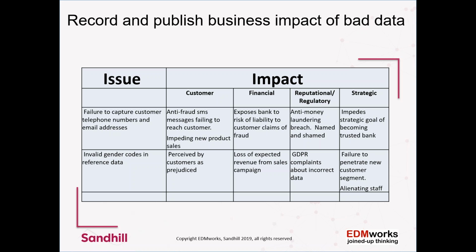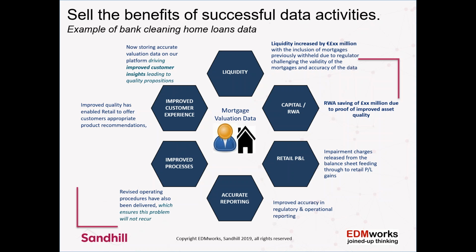So that's just one example whereby we're looking at the failure to capture a customer telephone number, it's creating bad data, and the impact is expressed in a way that is relevant to the senior management. And we could go through lots of others. I did one about invalid gender codes. You can read that offline after this, and I'm sure you've got lots of your own. So the challenge is to get those issues logged and express them in a way that is relevant. Then at the monthly data governance councils or whatever, they can be laid out and people can see that, and that can be used as further evidence to get more support for data governance programs.